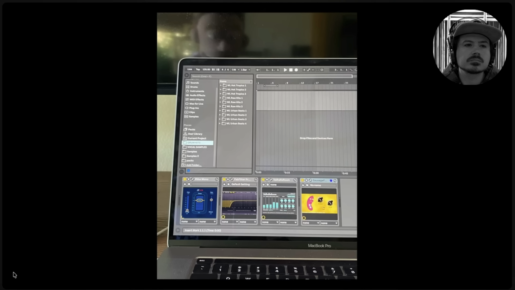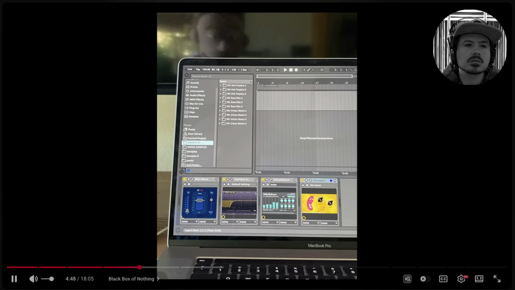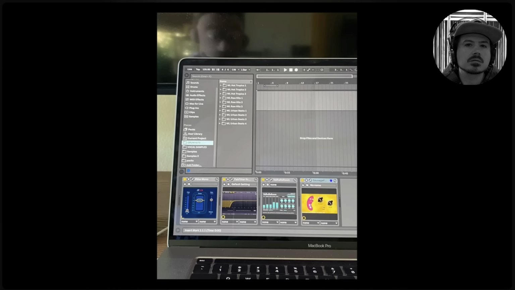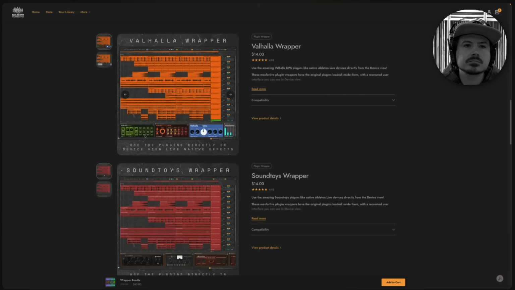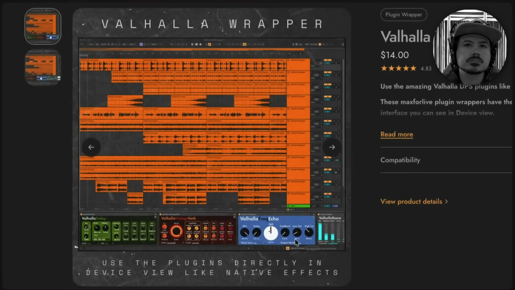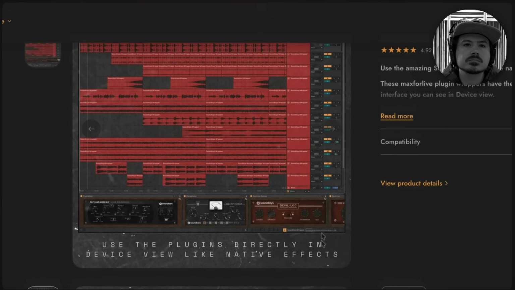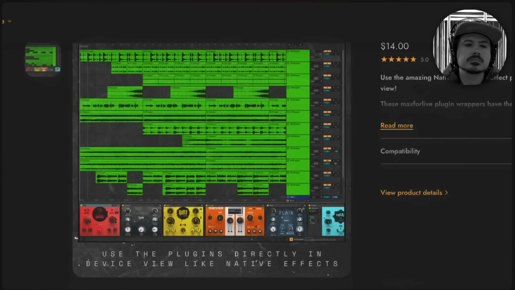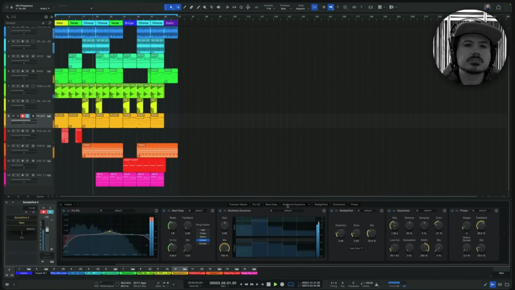To help fix what I like to call the black box of pointlessness, I've found 3 better designs. Now, the first one is made by a third-party developer who took a few popular brands and created a little plugin wrapper that you can control from the outside, just like an Ableton plugin here at the bottom of your screen. This is probably not the easiest solution, so what I like to present to you is solution number 2,